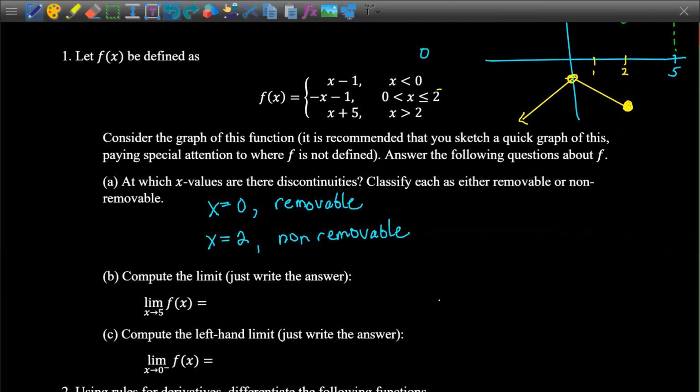This is the part of the function that we're on. So this is going to be the limit as x approaches 5 of x plus 5. And there's no problems there. So we can just plug in the value of 5 for x. And then compute the left-hand limit